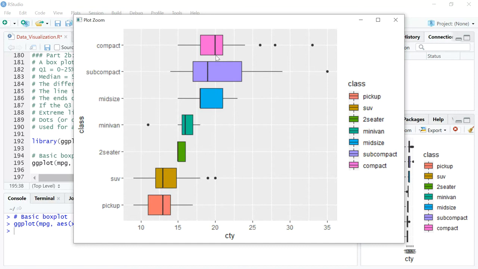So what does a box plot do? It actually tells you how the data is distributed across. It just tells you so that you can easily understand how your data is spread across all these quartiles, and then you can make assumptions. Just look at the first case itself, right? Your third quartile is very narrow, which means most of the compact cars have got mileage slightly above 20, maybe 20 and 21. Right, so indirectly it just shows you the distribution like a histogram would show you. So that's fairly about how this is done.